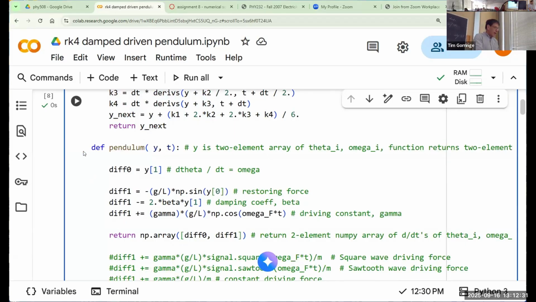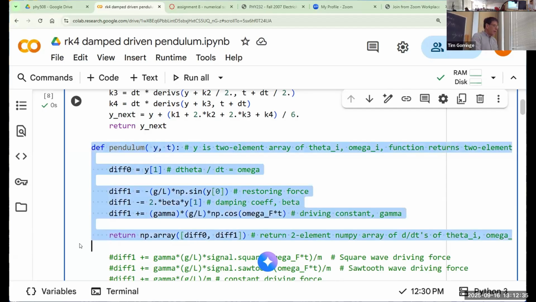Last week we also had a function that defined a differential. So in the case of a first order differential equation, there was just one that we were solving. Now we're solving a second order differential equation. There are 2 first order differential equations that are coded up in this